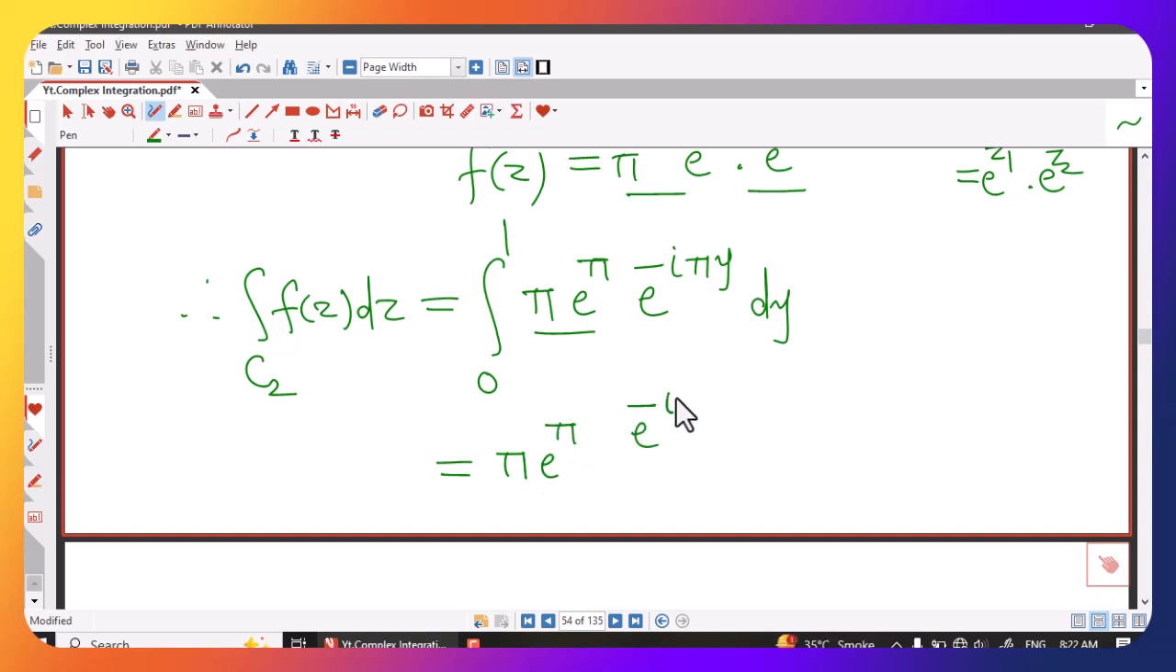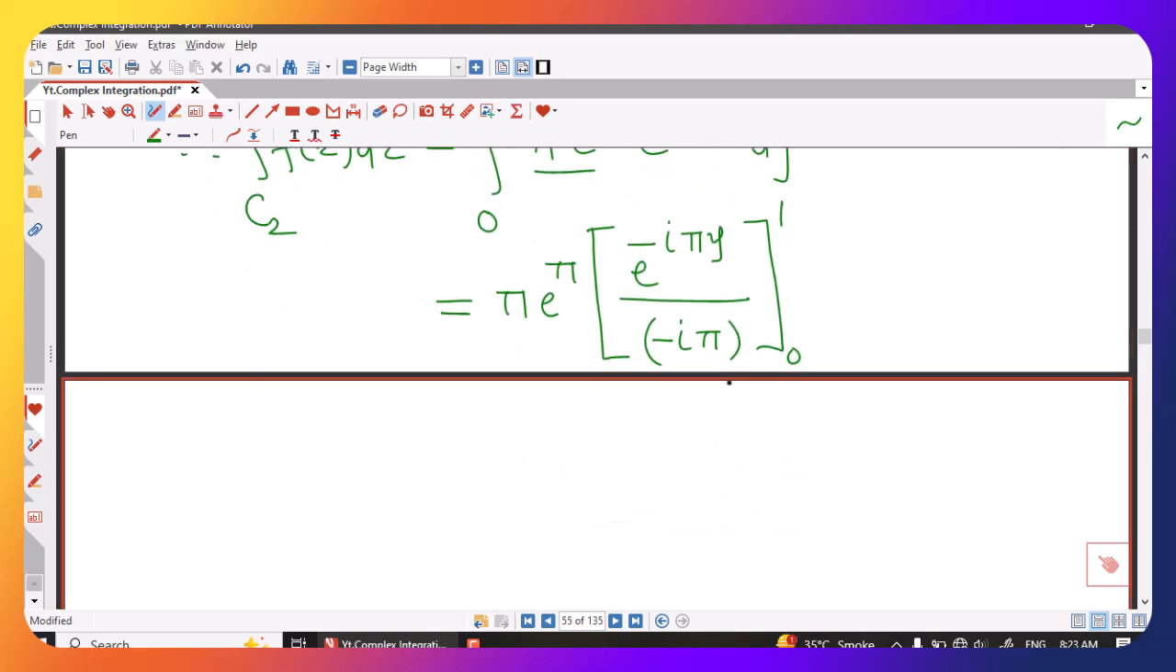Integral is e raised to minus i pi y divided by coefficient of y, that is minus i times pi, and limits of y are from 0 to 1. And now we can see this pi will get cancelled, and we can write this minus 1 by i outside. We have this e raised to pi also, and we can write one more step, e raised to minus i pi y integral from 0 to 1,